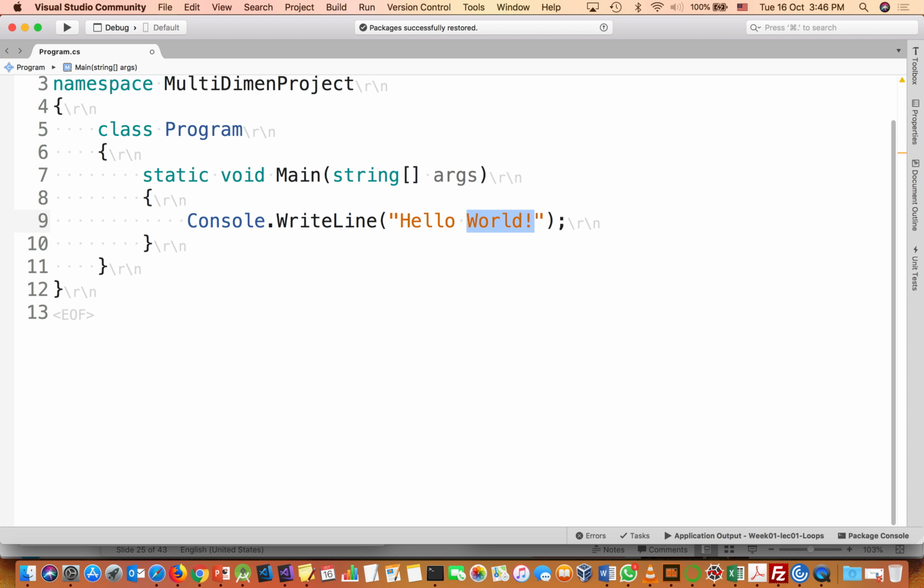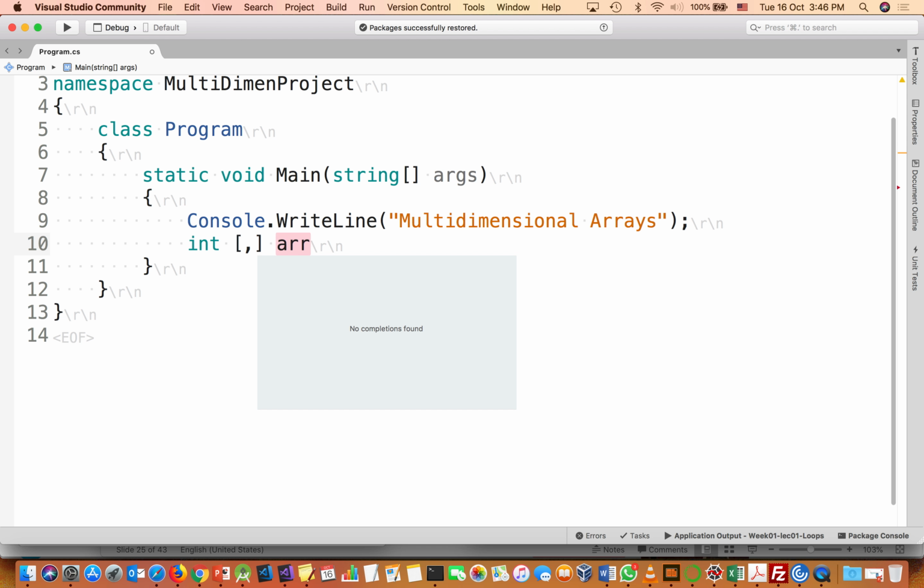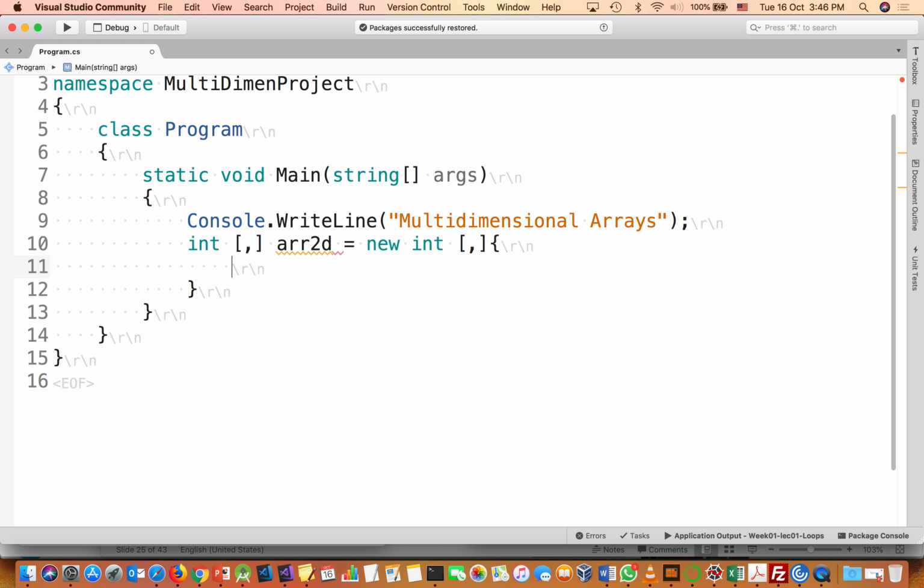So now we will talk about multi-dimensional arrays. Okay, so for example, I start with the two-dimensional array. We can say that we have a two-dimensional array 2D is equal to new int. Again, I put that particular thing here, and as you know, we are talking about a two-dimensional array, it